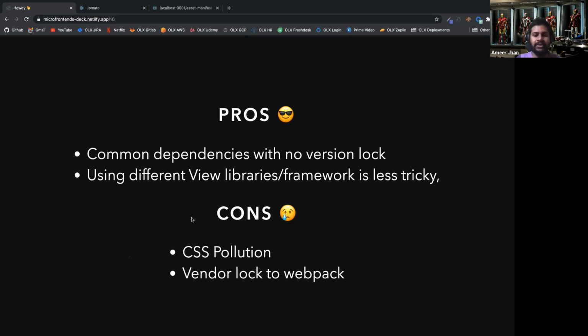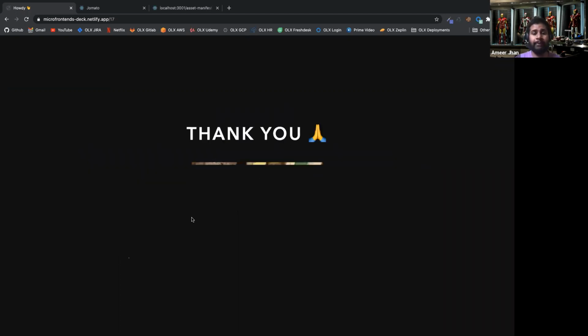And obviously, the biggest drawback I see is that you're going to be vendor locked to Webpack. No one knows whether Webpack will be a legacy tool in the future, because a lot of modern front-end tooling is coming up nowadays, like Vite, Snowpack, and things like that. And should we get vendor locked to Webpack, because Webpack is not so performant nowadays for huge front ends? So you need to think about that. Are you ready to get vendor locked into Webpack?